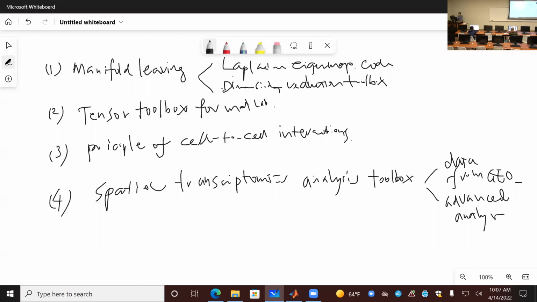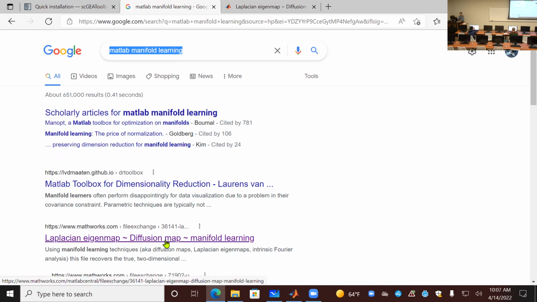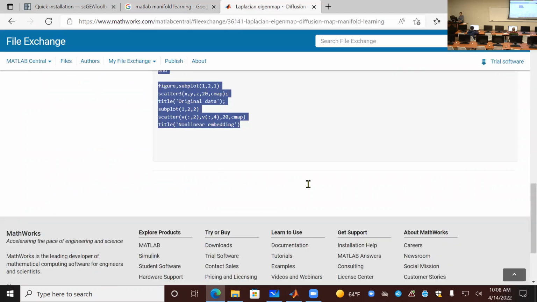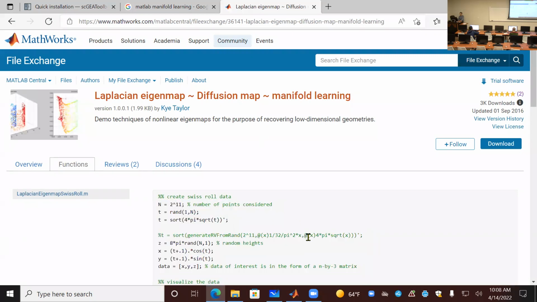Let's see. Okay, first let's Google MATLAB manifold learning. If you Google, you will have the top 2 links which are relevant to what we are going to do. I will first look at the second link. The second link points you to the shared source code. It's an M function file, and